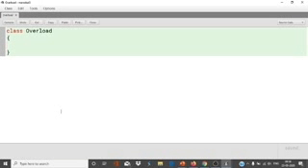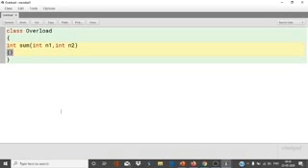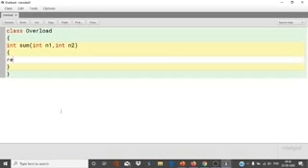Now I'm going to create the function sum which I gave you as the example. So I'm going to find the sum of two numbers. So int n1 comma int n2, actual parameter, formal parameter, and return n1 plus n2.